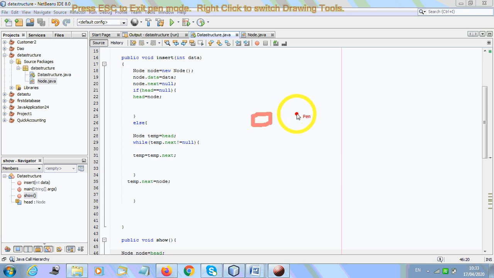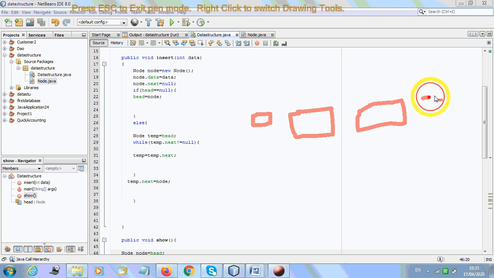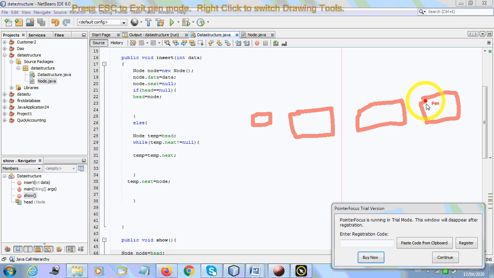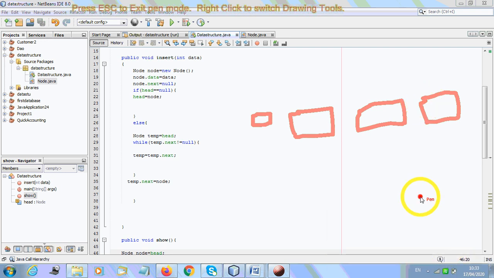This is head. Let me make it so that the visualization will be clearer to you. Yes or no? Good. So head is there. We have 2 here, it is pointing to this one.